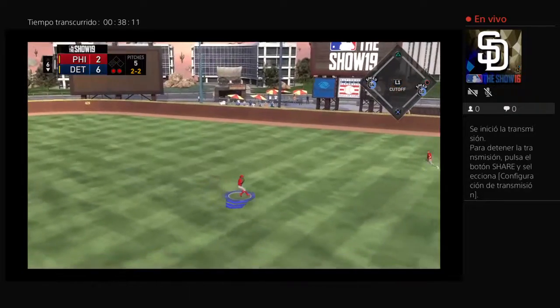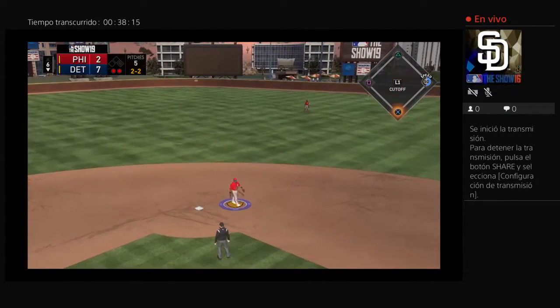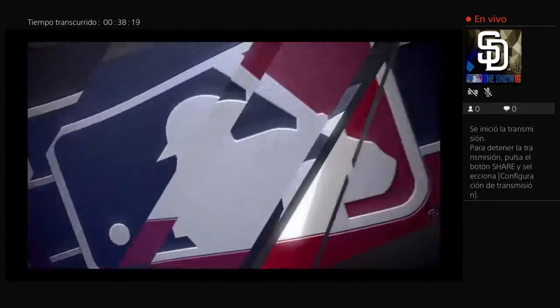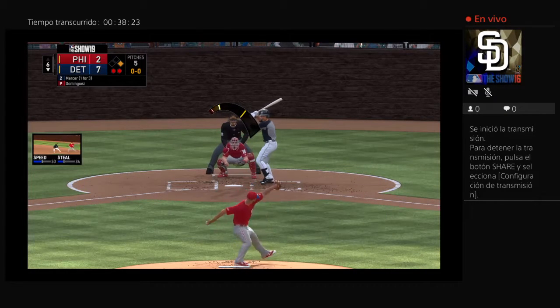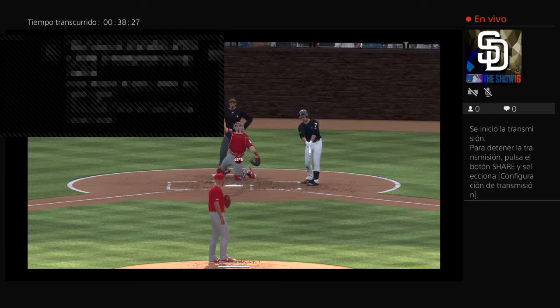Into center field, line drive, base hit. Tack on another here as the runner scores from second. It's a 7-2 ball game. Up next for the Tigers. Ready for another chance? Jordy Mercer trying to keep things going now with a runner at first following the RBI